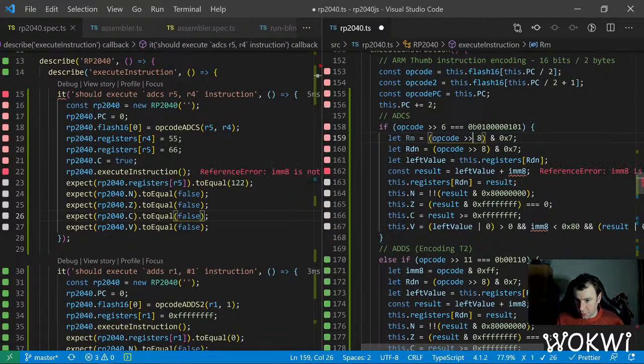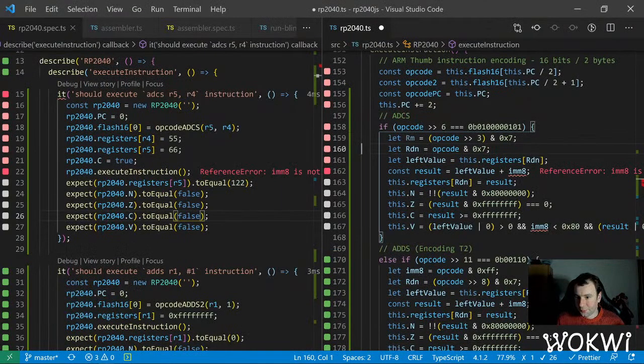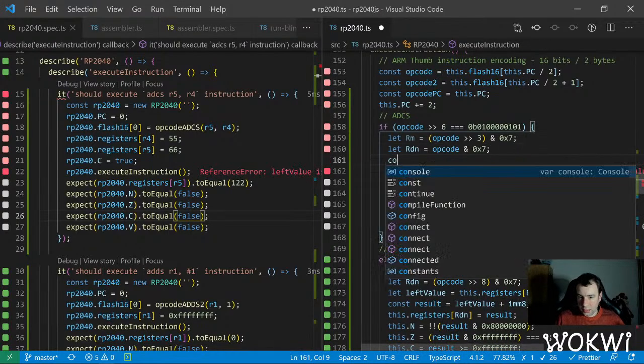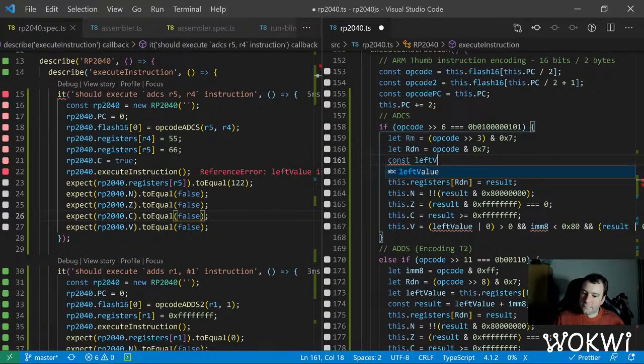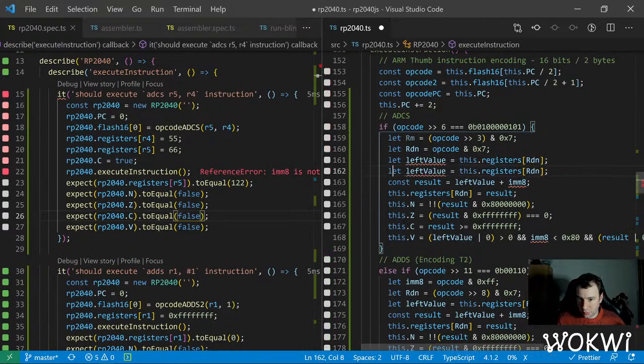RM shifted by 3, and this is just the 3 LSBs, RDN, and then the result is basically this one, and right value